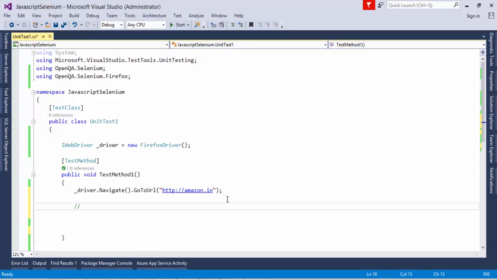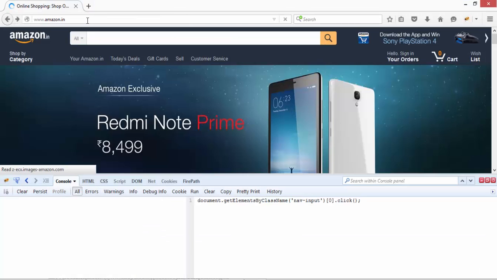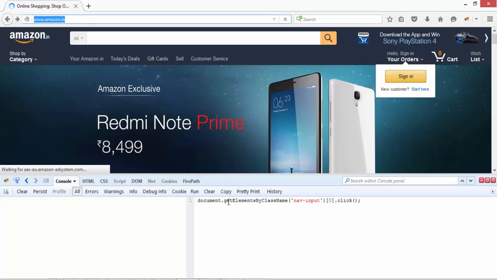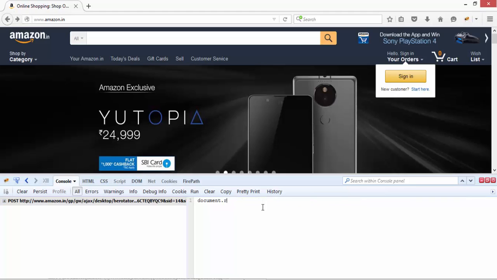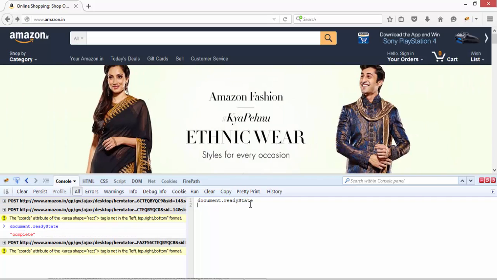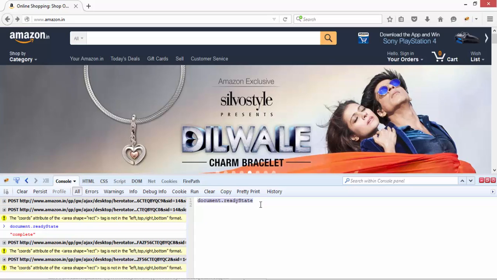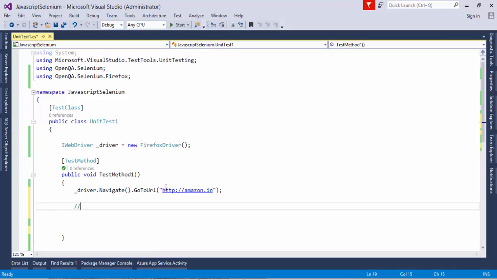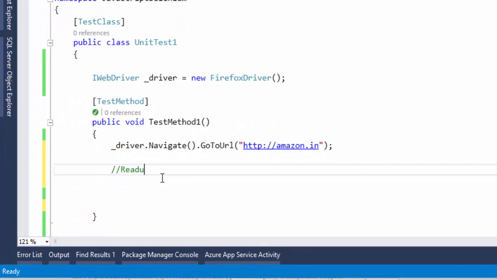It is document.readyState. If you go back to the amazon.in website and type document.readyState, and run this, you can see the state is complete. So this is the JavaScript to identify whether the page is loaded or not. I'm going to copy this, and I'm going to verify if that particular script is working. So the script for the ready state is document.readyState,